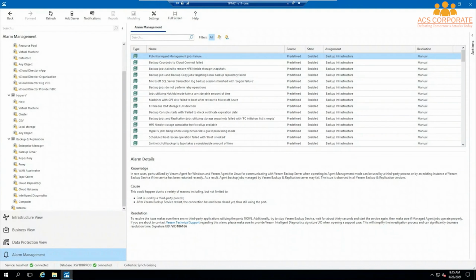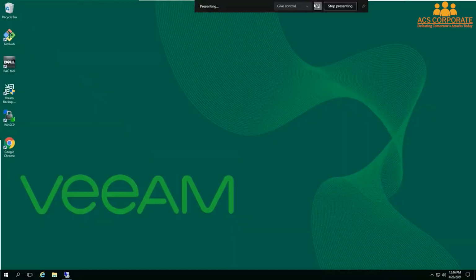So if you don't have Veeam ONE set up yet, especially if you have Veeam Availability Suite, you definitely need to take advantage of this Veeam Intelligent Diagnostics feature, because not only does Veeam ONE identify common misconfiguration errors, something that we're going to talk about a little bit later is you can actually automate remediation actions. So a lot to Veeam ONE that can help you really get the most out of your data protection strategy. So before we jump into the Veeam ONE demo,